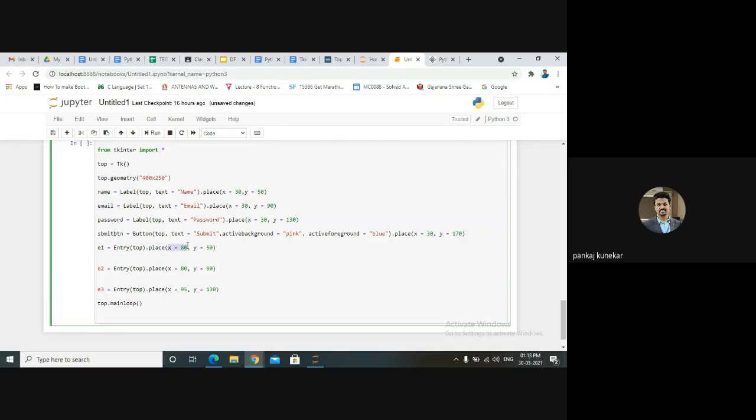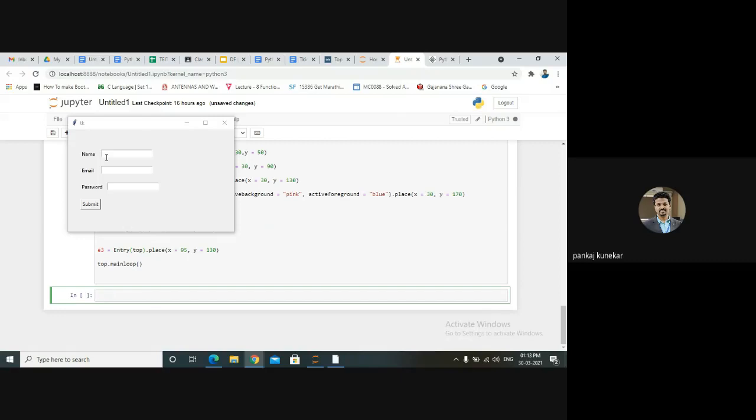How much x value do we want? We can have an x value like that. So this is the way we can have an entry over here. You can change the x value, but remember that y values you should not change.